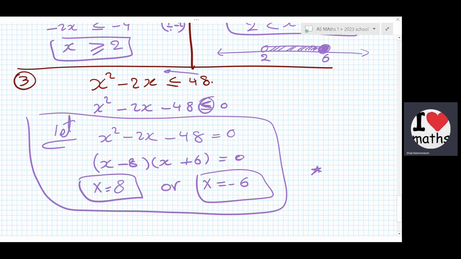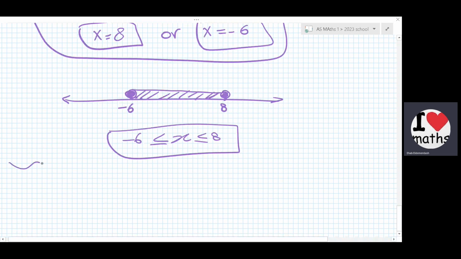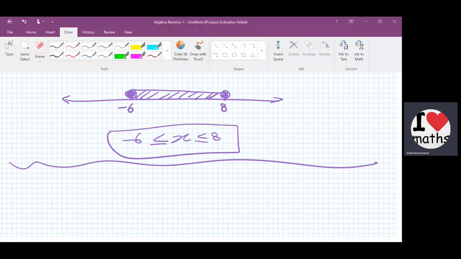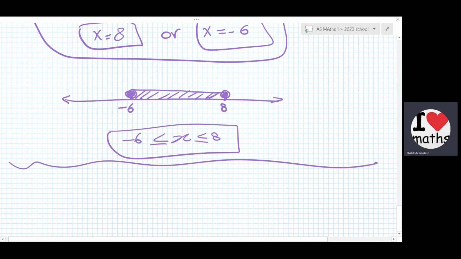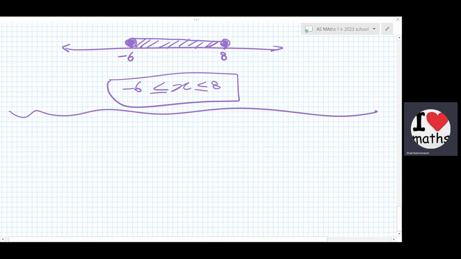I'm just trying to cover most of the algebra. Let's go for the indices, the rules of the indices here. Come on, guys. In this question